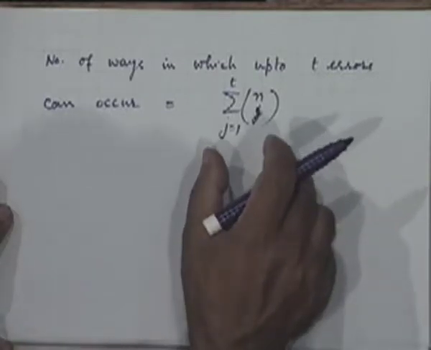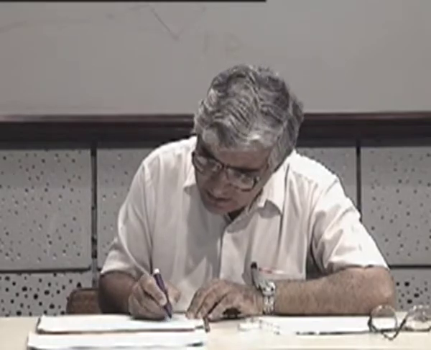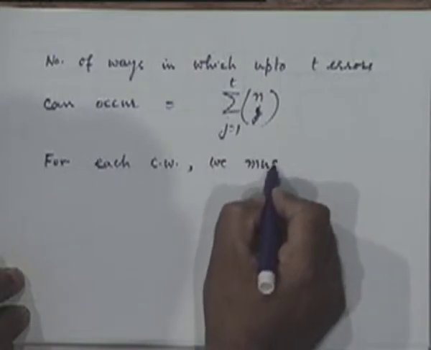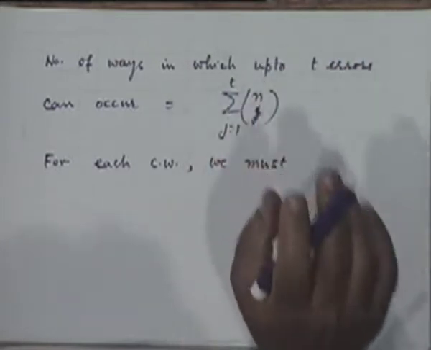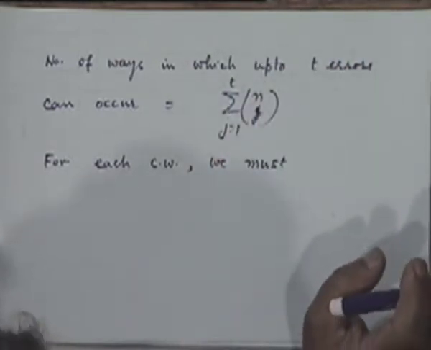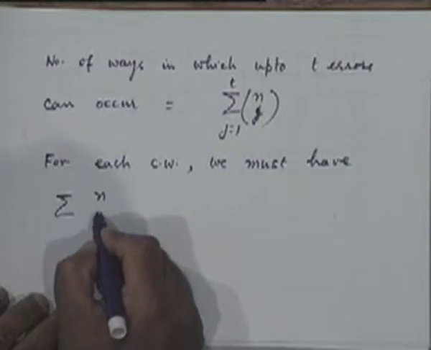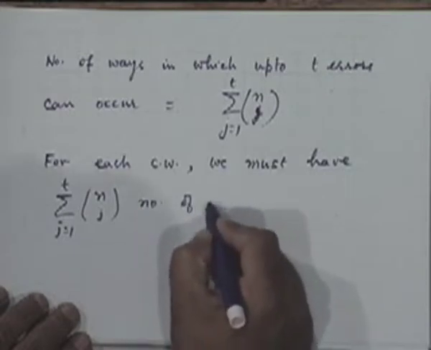And therefore this is the number within one sphere, and we have how many such spheres? 2 to the power k, right? So now let's count our total number of vertices, right? So for each code word, that is, each vertex that you select as a code word, you must leave out so many vertices in the neighborhood unassigned as code words. Is it clear? We must have sum of nCj, j equal to 1 to T, number of unassigned vertices.